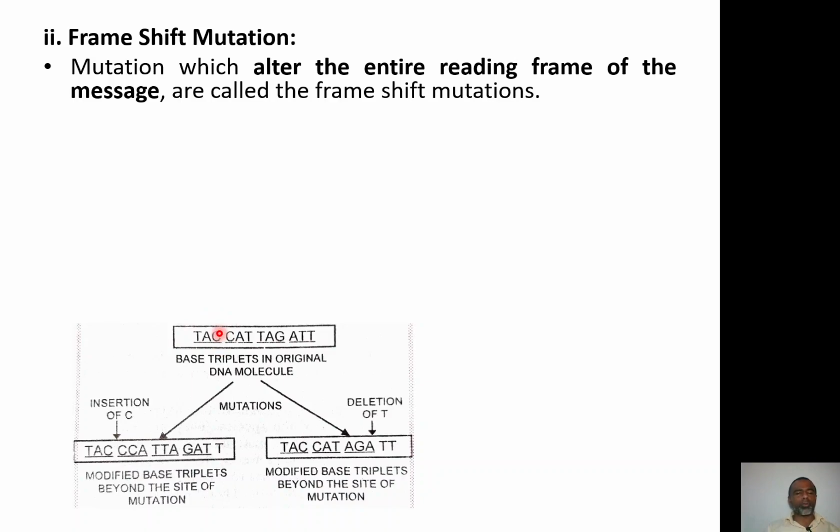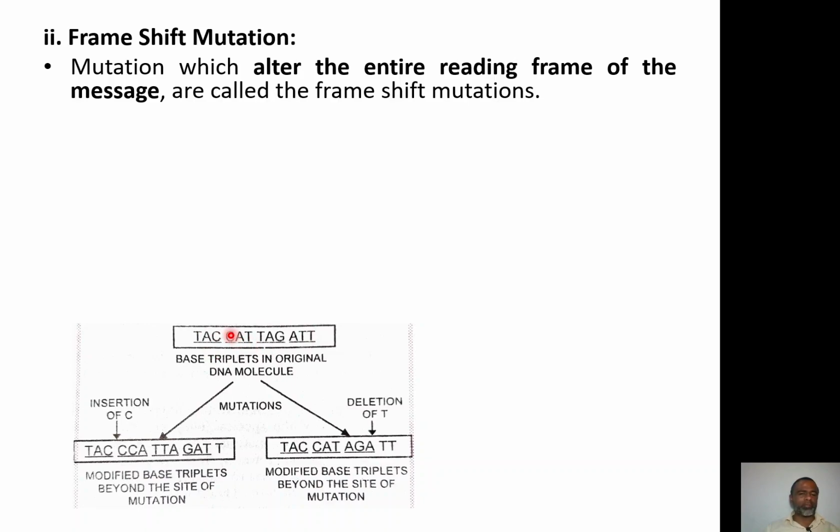So, the ribosome in the cell will read this message present on the messenger RNA, because the messenger RNA was transcribed from the DNA. So, it means you can say that the codes of the DNA are translated basically into the proteins in the form of amino acids. So, when the entire reading frame of the message is changed, in the previous case we discussed only substitution of one base, but if for example only adenine is substituted by another one over there, then only this code is changed, rest codes are the same.